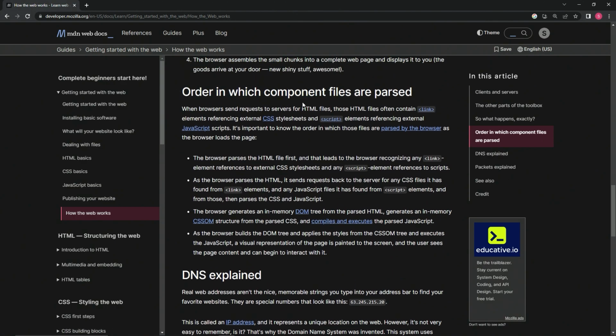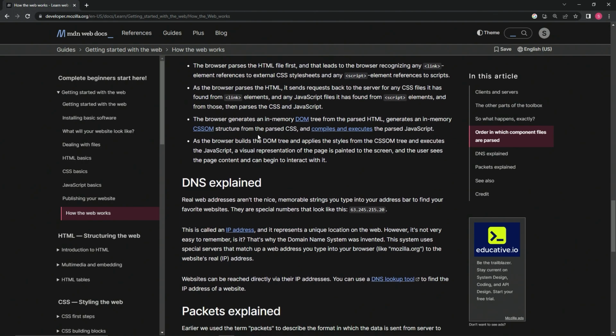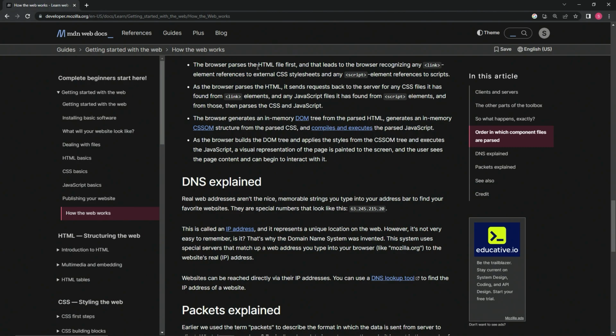So, the order in which component files are parsed. When browsers send requests to servers for HTML files, those HTML files often contain link elements referencing external CSS style sheets and script elements referencing external JavaScript scripts. It's important to know the order in which those are parsed by the browser as the browser loads the page. The browser parses the HTML file first, and that leads to the browser recognizing any link element references to external CSS style sheets and any script elements